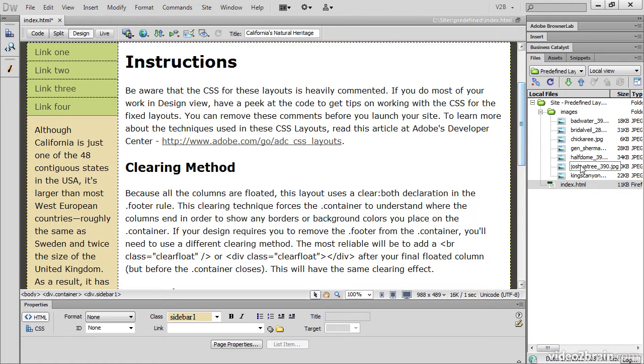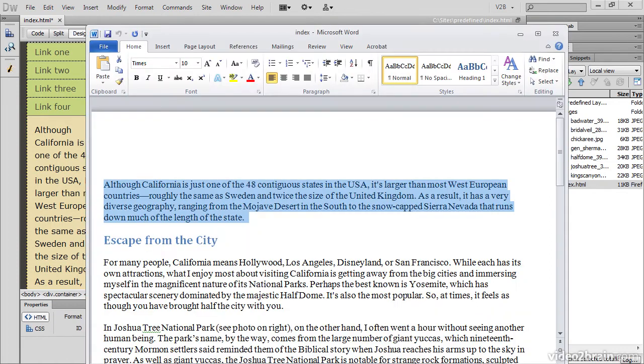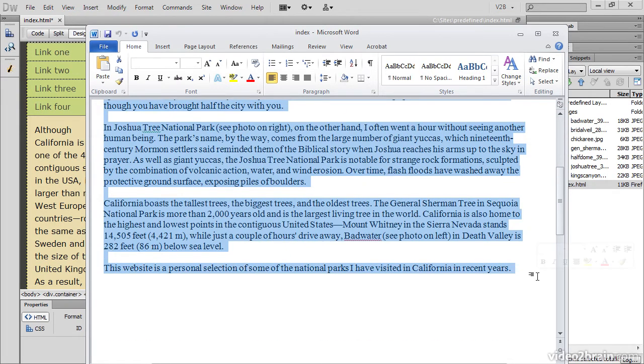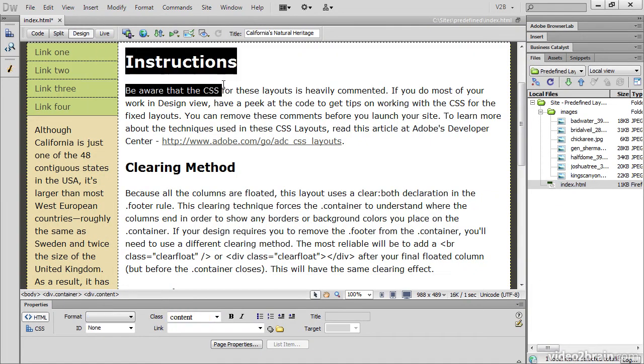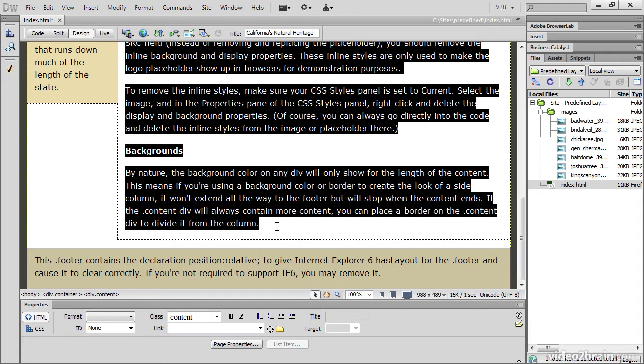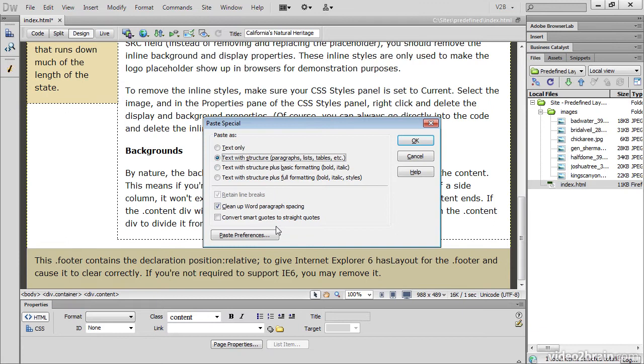And that's replaced the original text with my own text there. Then back in the Word document, let's select everything from Escape from the City down to the bottom and copy that. Go back to Dreamweaver and select everything in the main content area and do Ctrl-Shift-V or Command-Shift-V again. Select Text with Structure, OK,